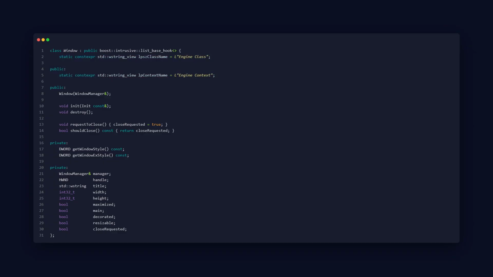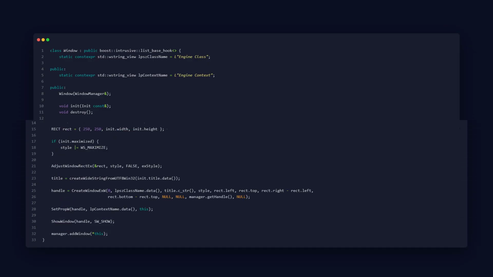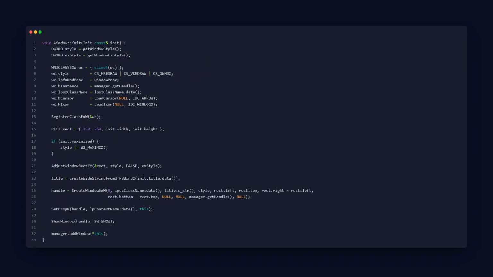Same as manager, we should be able to initialize and destroy a window, close it, and check if it should be closed. We will store a manager which handles our window, a Windows handle, and a configuration like width and height. First of all, we have to create a window class using register class function for further use inside create window function. We will provide a style which will